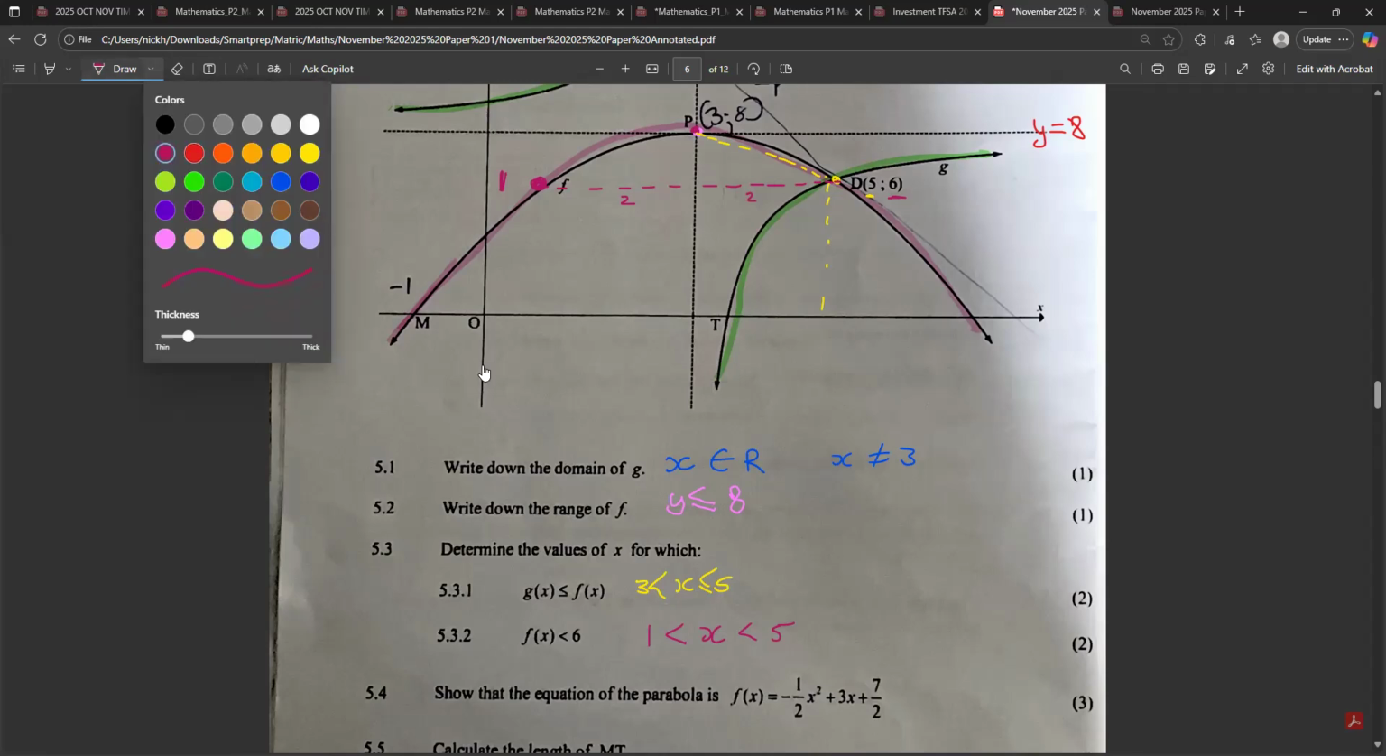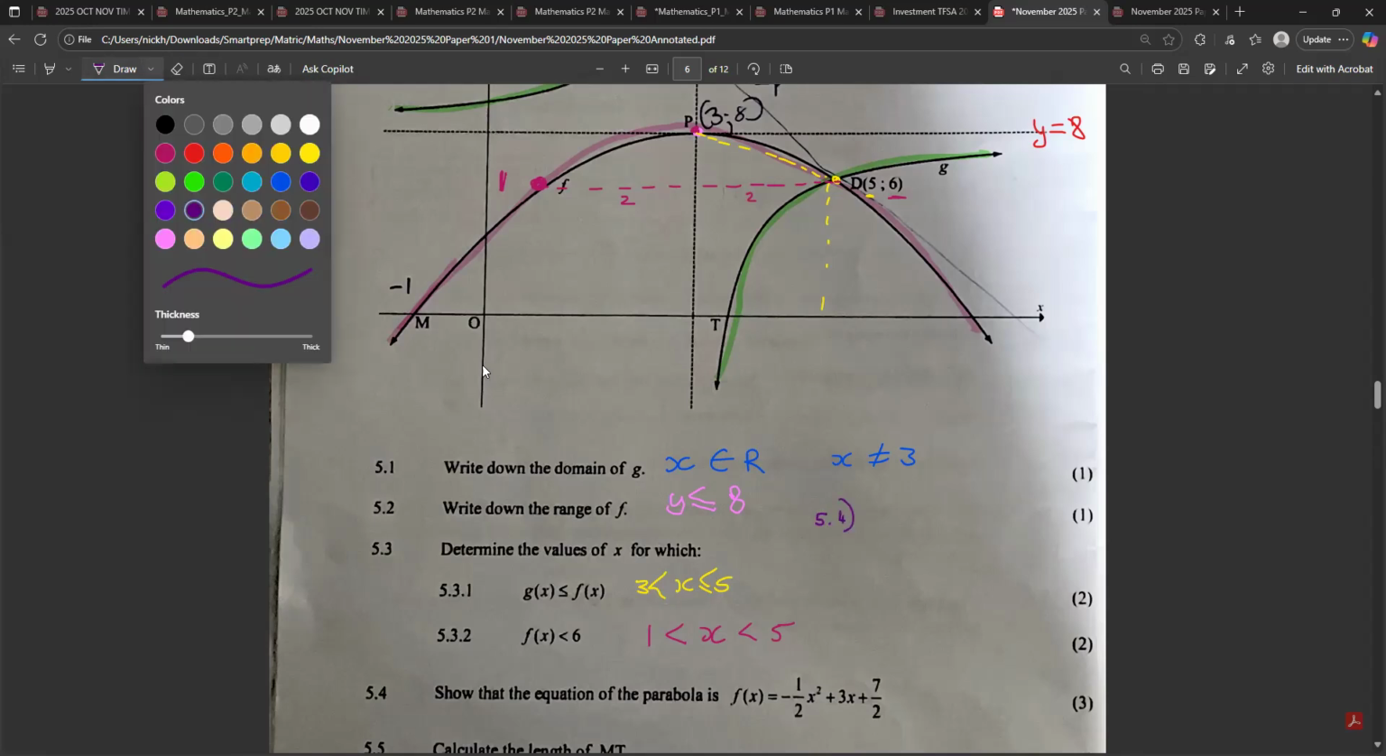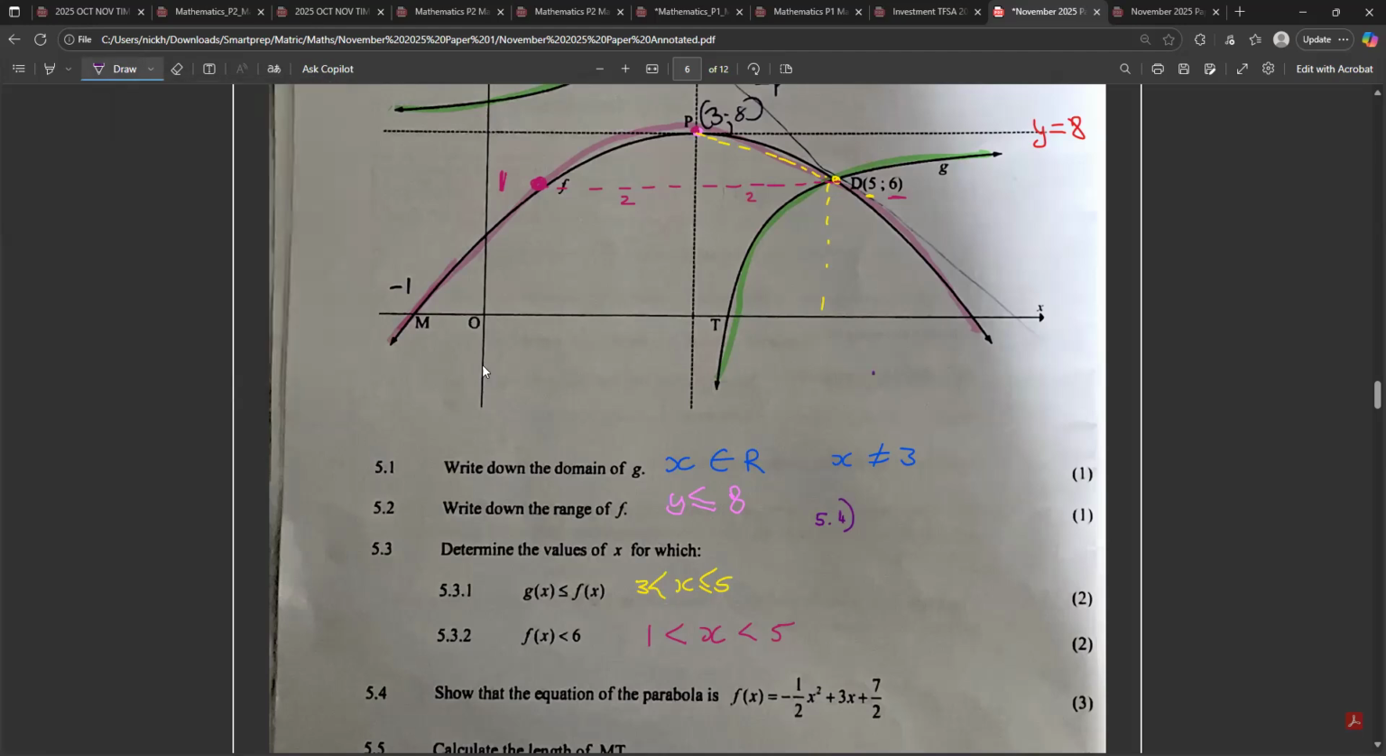So I'm going to do this slightly higher and in a nice colour to see. Okay, I'm going to do it in this dark purple. So 5.4. Hopefully you can see that. Let me just make this a bit bigger. So 5.4. We want to show the equation. So what we're going to use is the turning point formula. So I'm just going to write that just as a reminder, which is a